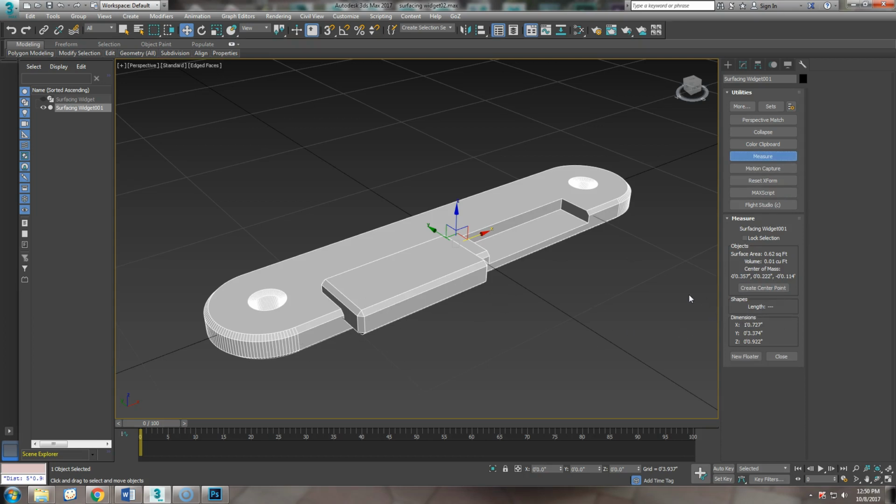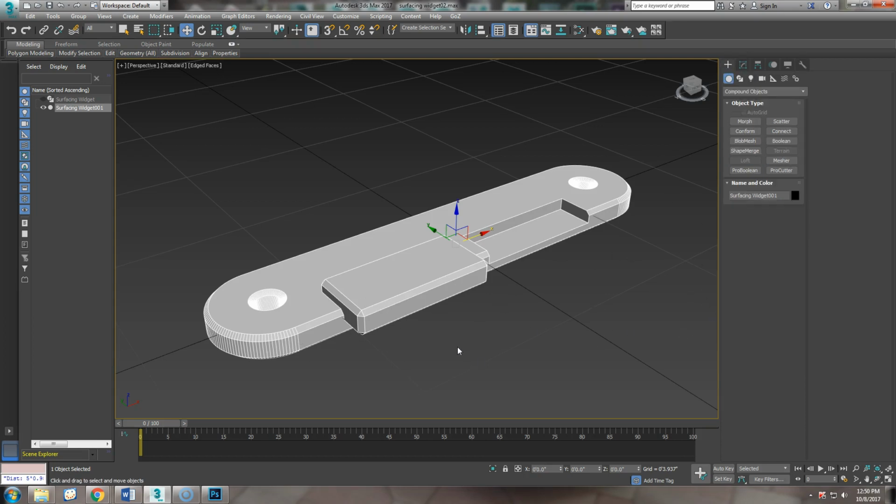Now, the reason I do that before I start doing the texturing is because we're going to use tileable textures on this, and the scale of it doesn't really make any difference to a tileable texture. And we'll put some custom bitmaps on this, and that really doesn't make any difference either. But what does make a difference is procedural textures, because procedural textures are scale driven. And what I mean by that is that